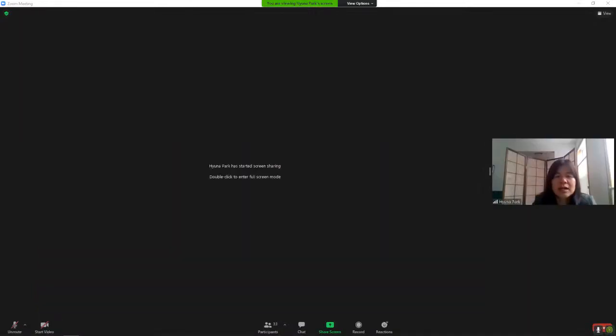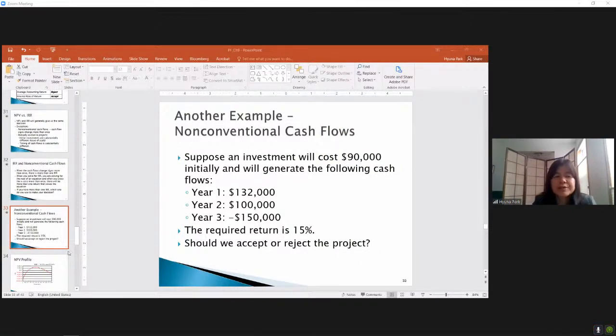So in this kind of non-conventional cash flows, if you use this time 0, time 1, 2, and 3 cash flows, and you